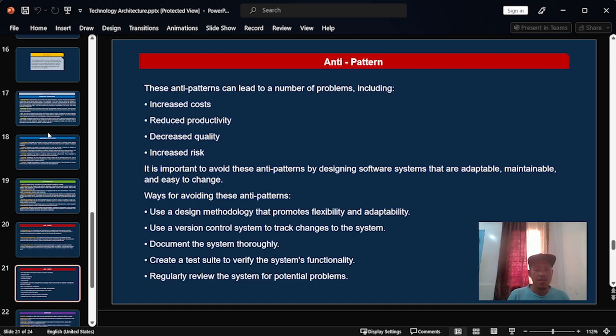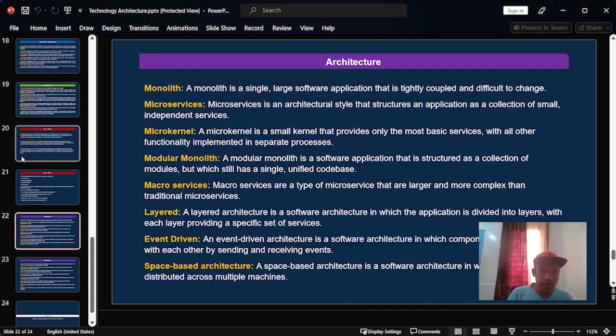So, create a test suite to verify the system functionality. So, yun. We should test the suite para ma-verify natin ang functionality ng system. So, regularly review the system for potential problems. Dapat well-maintained siya. Dapat regular ni-review natin yung system para maiwasan natin ang konting problem or malaking problem sa susunod na. So, here's some definition of terms